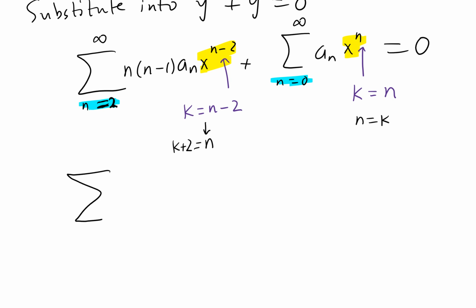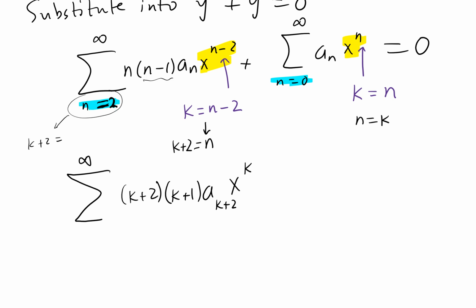Instead of n, I'm going to replace it with k plus 2. So k plus 2, like so. So I substituted n equals k plus 2, and I'm going to do the same thing here. K plus 2 minus 1 is k plus 1, a, and replace n with k plus 2. X, replace n with k plus 2 minus 2, that's k. There's infinity here. And in here, I'm going to replace this with k plus 2 equals 2, so k equals